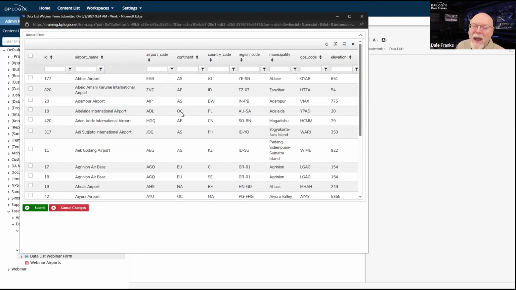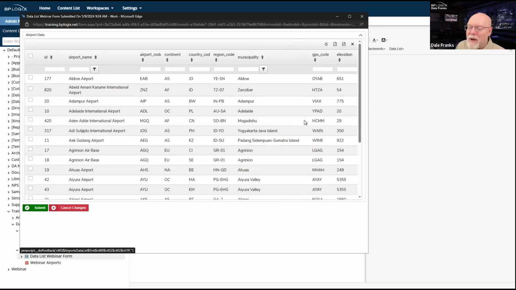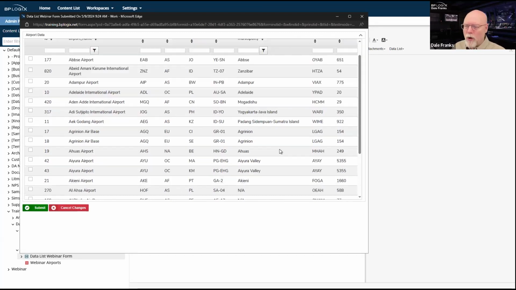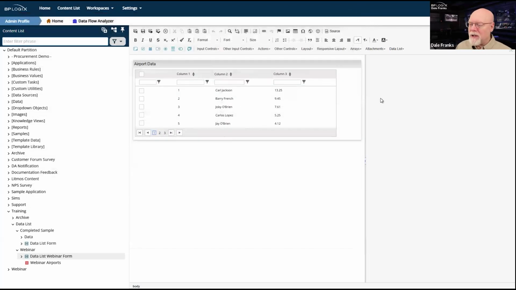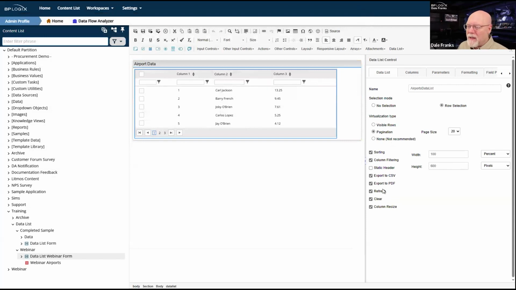So we can, in fact, by looking at when our mouse cursor resizes into a double-sided arrow, resize our columns, even though we can't actually tell where the columns are with this particular visual look. But all of these different properties that we have are all accessed from the data list tab. And I went through all of that and didn't show you the static header, which is what I was trying to show you in the first place.